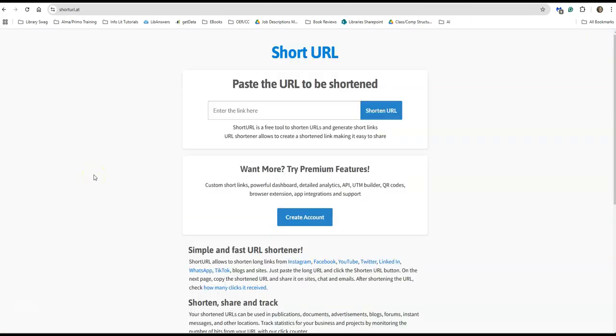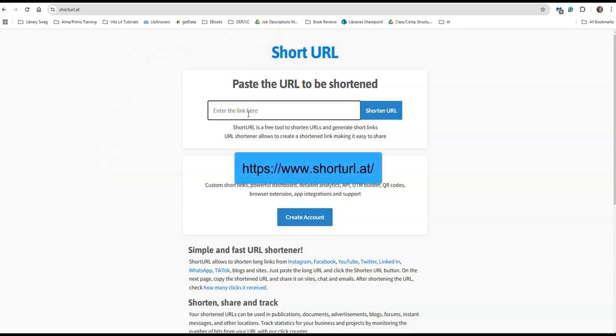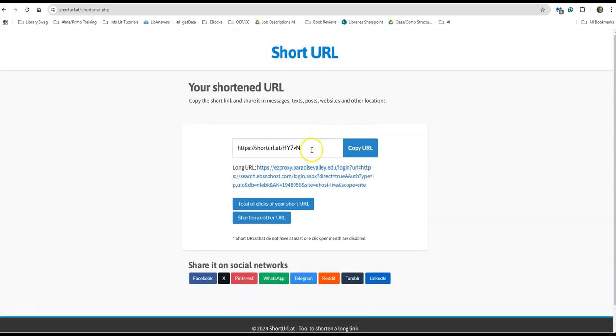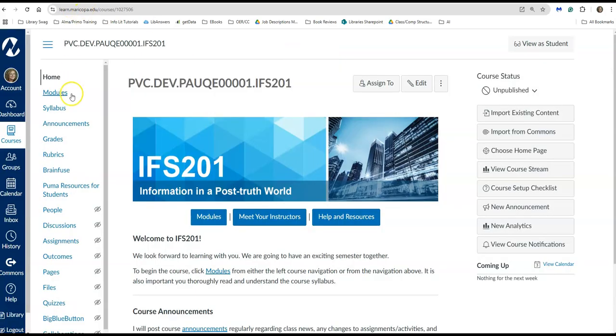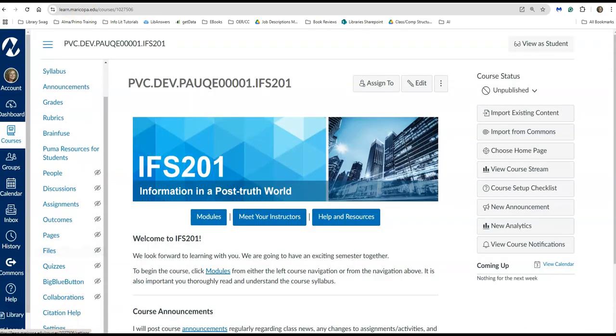There's one more step before I can add my permanent link to my Canvas course, and that is that I need to shorten the URL. Canvas redirect tool sometimes has issues with long URLs, and so I'm going to shorten it using short URL. And now it's generating for me this much briefer URL. So I'm going to copy that information and navigate back into my course, back down to Settings as I had done previously,